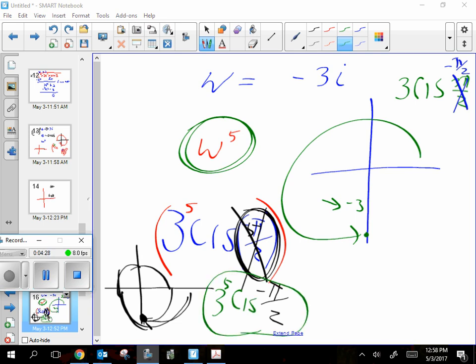And I did have some people ask, in this case, couldn't I have just put this to the 5th? And the answer is yes, because this one doesn't have an x. So yeah, it actually could have worked pretty easy to just put that to the 5th. That would have been legal, and you could have done it. Its answer is just in rectangular form, and this is the answer in cis form. So that could have worked. Either way, you're going to have to figure out 3 to the 5th, which is a massive number. All right, now,